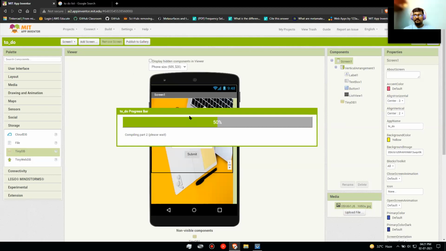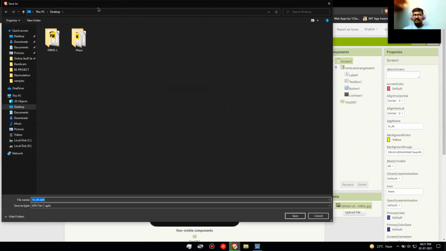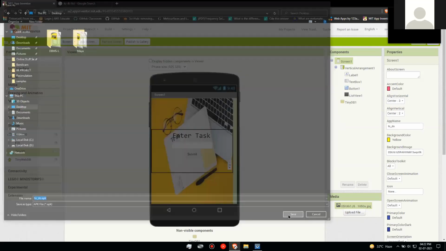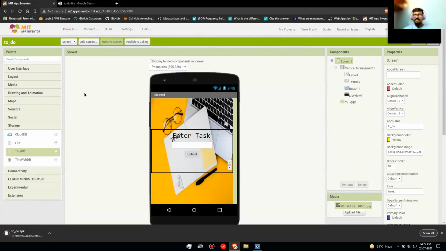After that is done, then come to the save option. Yes, it will ask you where you want to save. If you have already specified it, it will directly go into the downloads folder. Because the background is a little bit big, does it take more time compiling? Yeah. It is stuck at 34%. It also depends on the internet speed.